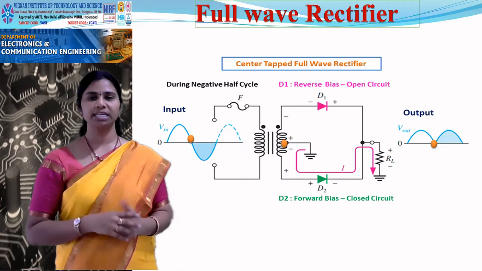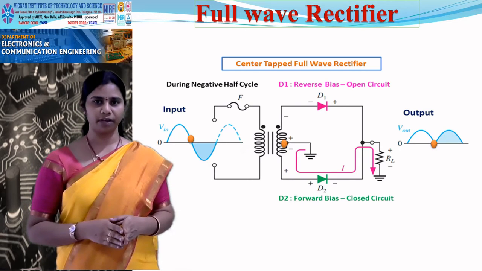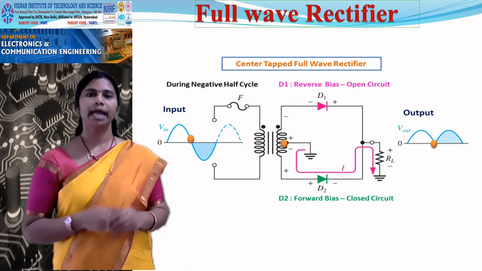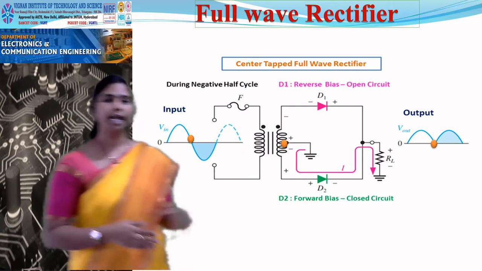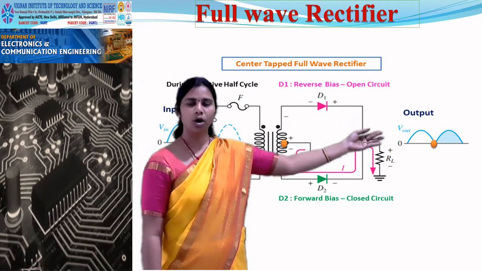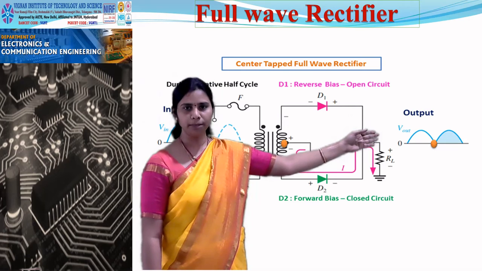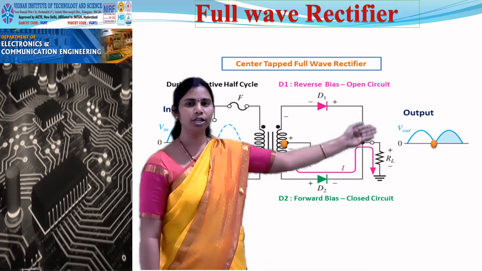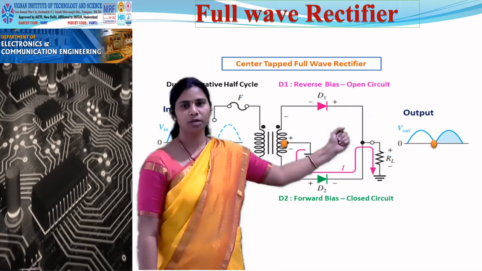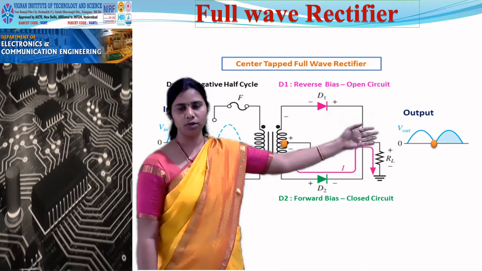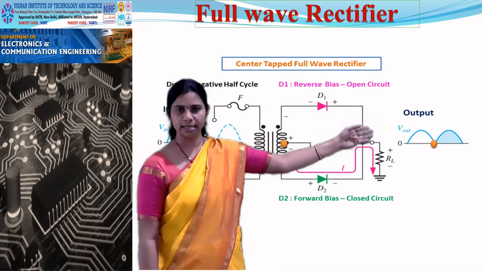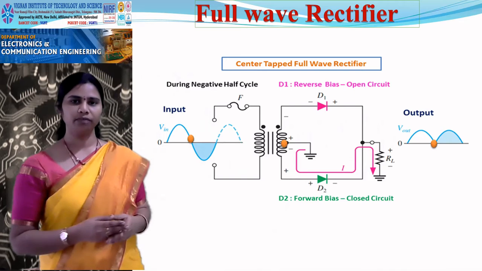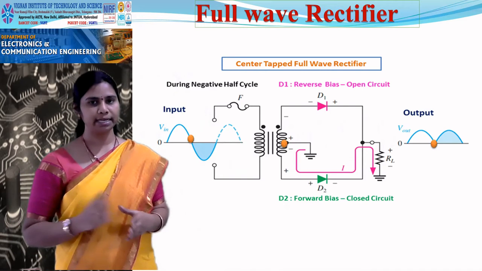But the efficiency is much better than the half wave rectifier because you are able to get output for the negative half cycle too. So the efficiency is 81.2%. You are able to get a DC signal, where you can see all positive values here, but still it is changing with respect to time. So you see a continuous change in the voltage with respect to time. So you can't say that it's a pure DC value. It consists of AC signal still. So you name it as pulsating DC. So this full wave rectifier also has converted AC signal into pulsating DC.